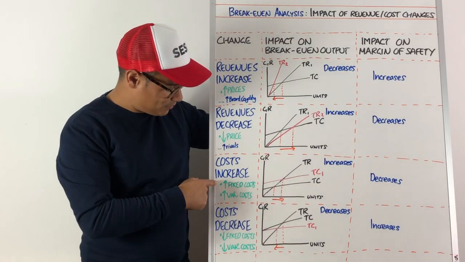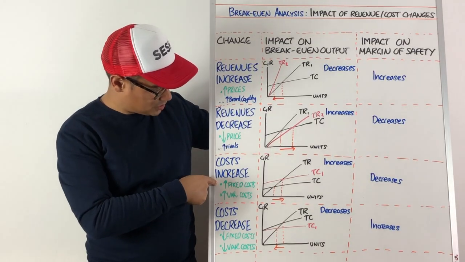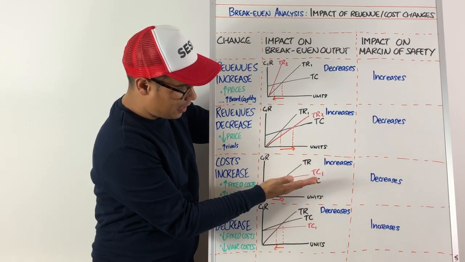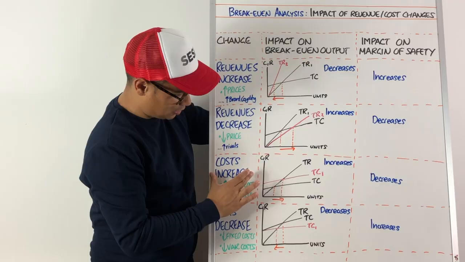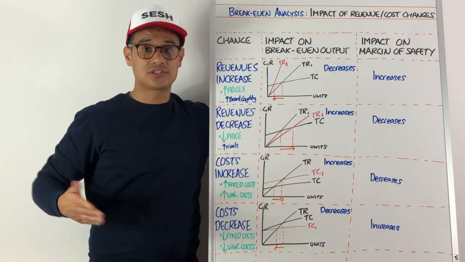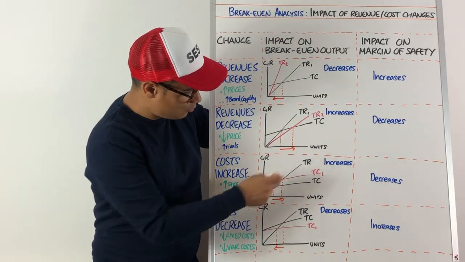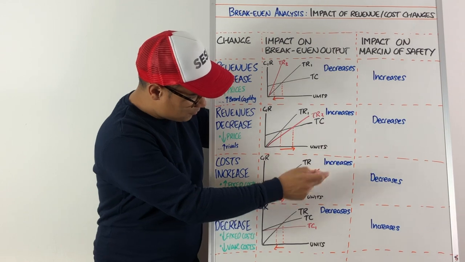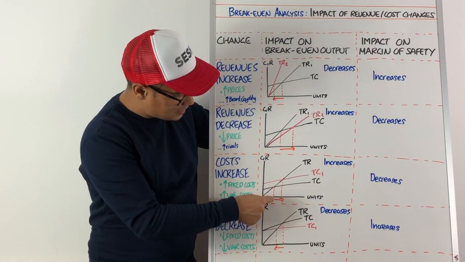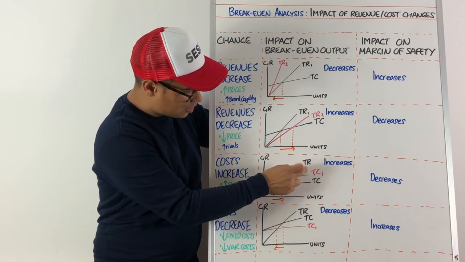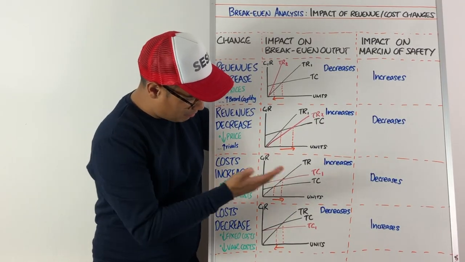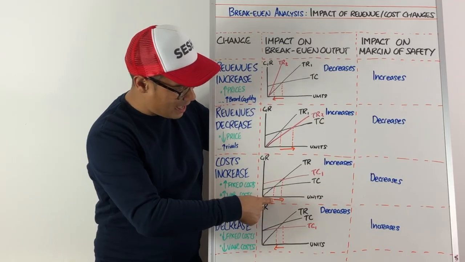So we'll go in this case if the fixed costs have increased. If fixed costs change in any way, in this case they've increased, then you're actually just going to get a parallel shift upwards in total costs, because costs have increased. Remember, total cost is just fixed costs plus variable costs. So if we look here, we've got total revenue this way, and we've got the other black line of total costs. They originally intersected here, but then we can see that you've had the shift upwards in total costs, the red line, TC1, that's because fixed costs have increased, parallel shift,